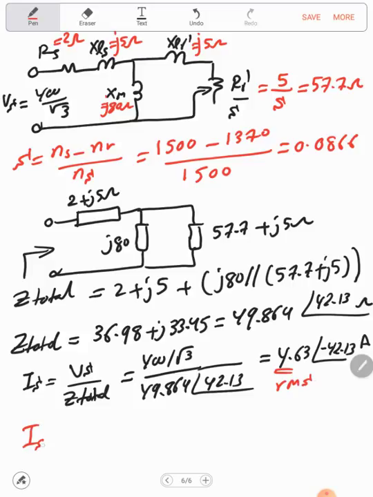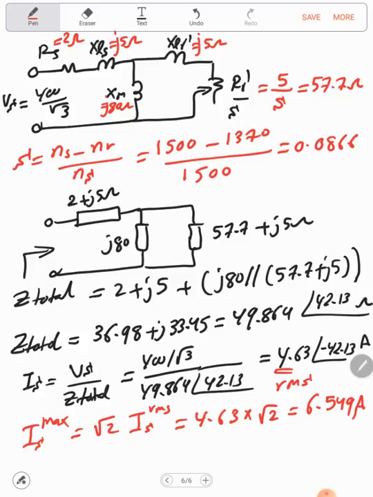So IS as a maximum value will equal square root of 2 times IS RMS value, which will equal 4.63 multiplied by square root of 2. This equals 6.549 ampere. So now we have the maximum value of the stator current, and we can calculate here omega slip,